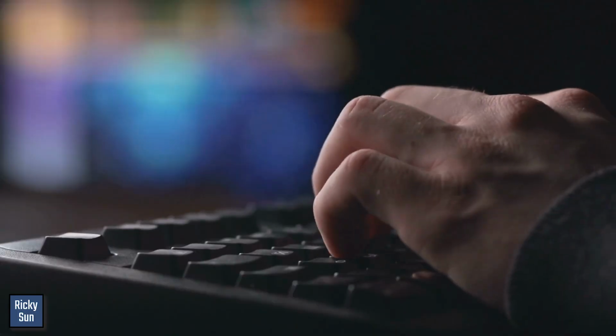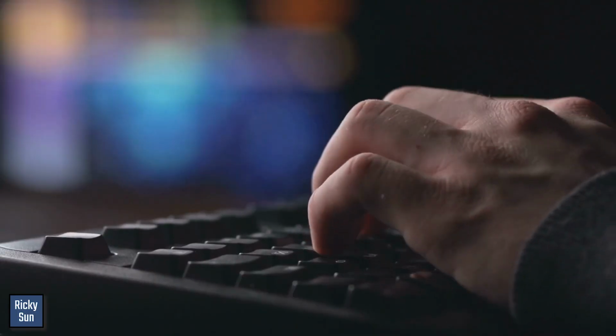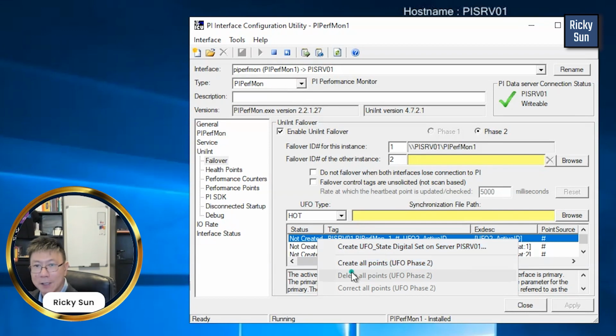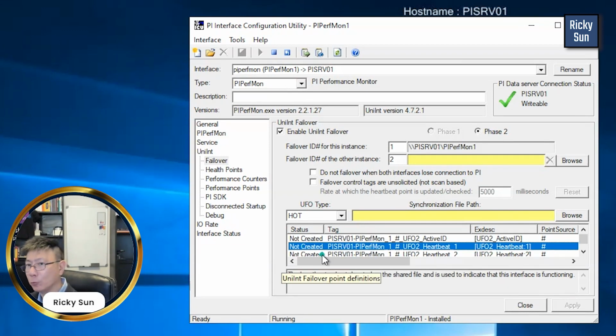If you want the failover to function properly, you need a third location for the synchronization files to be saved, so that both primary and secondary can look up those shared files. Then the UFO2 tags that I want to point out on the screen here, you can create some UFO2 tags, and they will function properly.